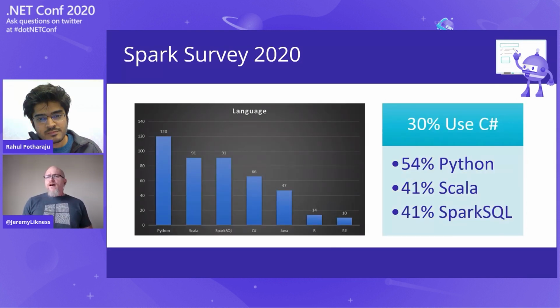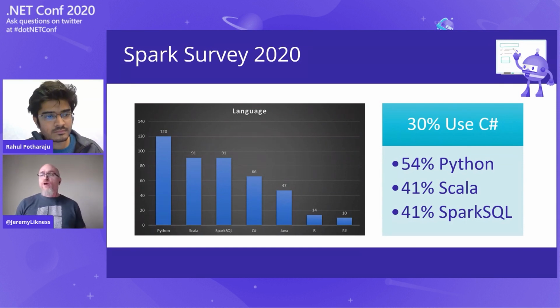What was interesting to us is Python, Scala, Spark SQL are the out-of-the-box languages and have been around for quite some time and are preferred for that. So it was exciting to see that we had 30%, or 1 out of 3, using C# now, which means that .NET for Spark is making some inroads. We actually have some F# usage as well. So F# users are plugging into the .NET for Spark